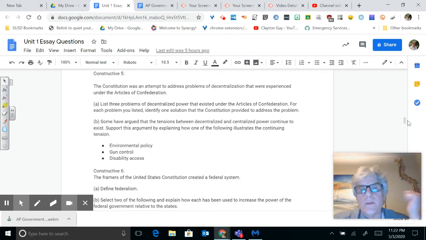So in A, the Articles of Confederation, the national government could not tax. This problem was solved by the Constitution, where Congress had the power to tax. The Articles of Confederation had to ask the states for help in putting down a rebellion or for manpower, and couldn't raise its own army. In the Constitution, the ability to raise and support an army, a navy, and a militia was all granted to Congress and the national government.